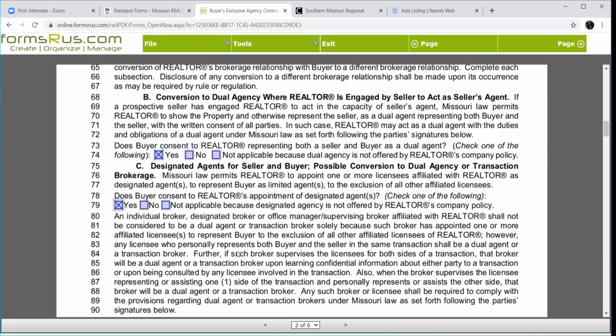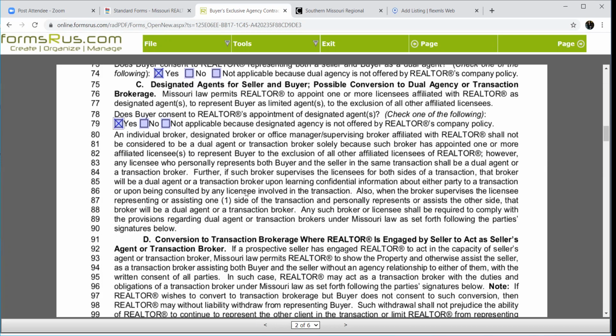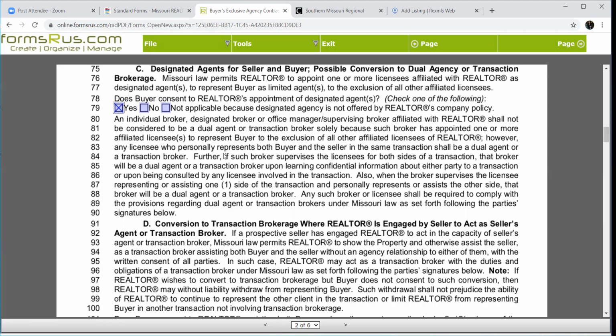Buyer and seller, dual agent. Anyway, you're not one until that happens, but I would like you to have permission. And I always tell my clients, if the deal starts going bad and you don't want me working both sides of the tracks, I will gladly refer the other side out and continue to work in your best interest because you were here first. That's the way I explain it.